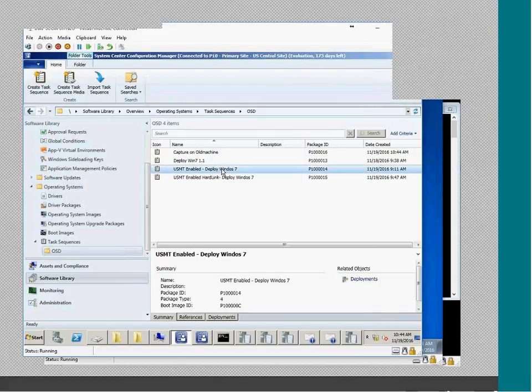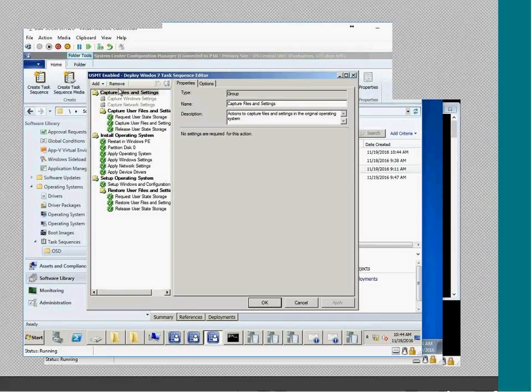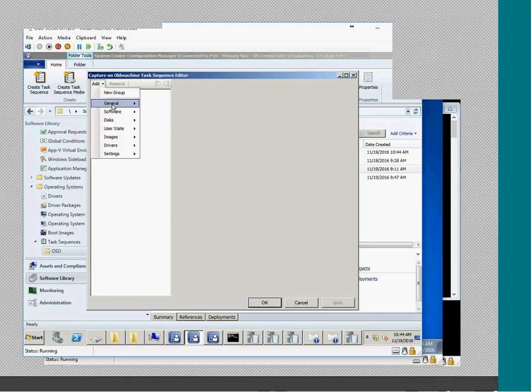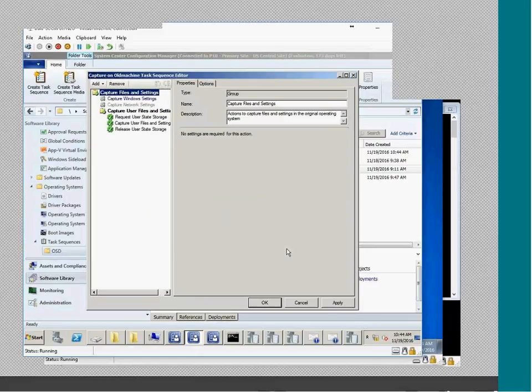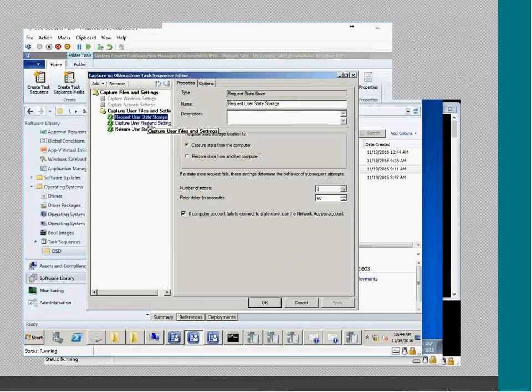On the old machine, what I'll do is go here. I'll take these steps, the capture steps, and paste them here. One second. I'll remove the step. Now, since these steps are running,